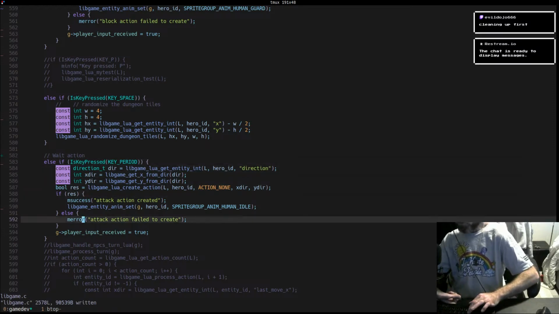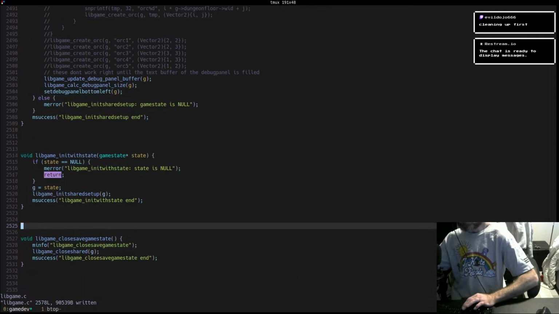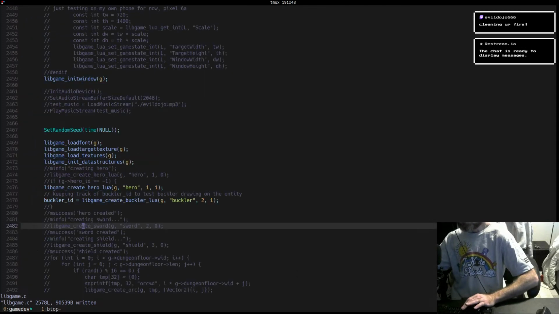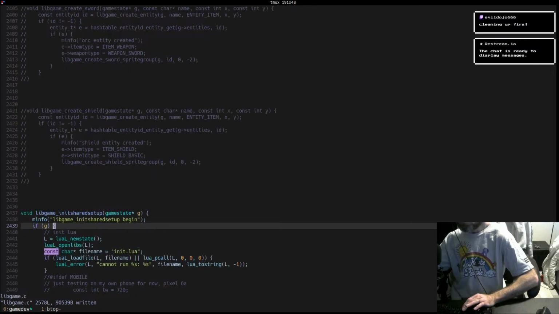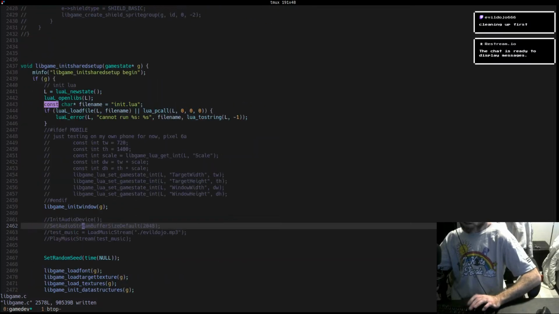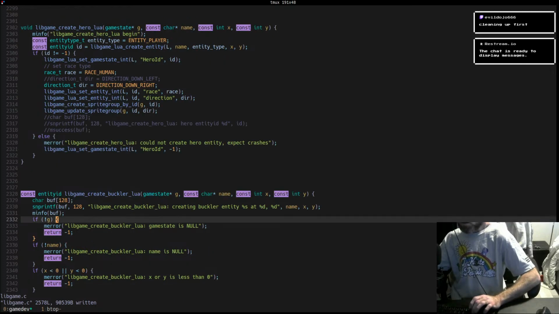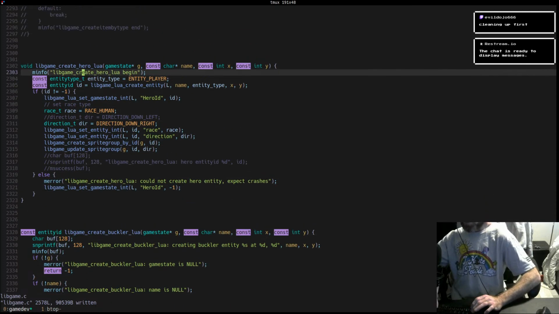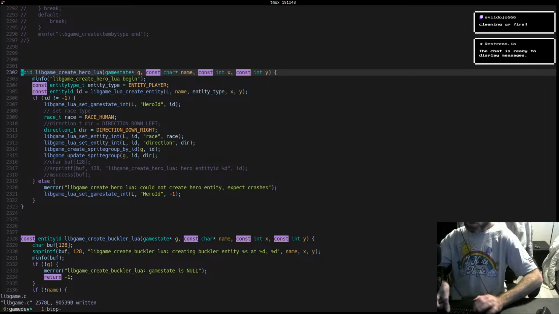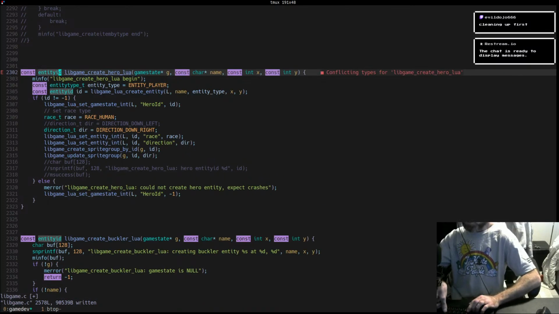All right, so we have a, let's see, start from the bottom. So one thing I need to make consistent here is that create hero Lua should return a const entity ID. So